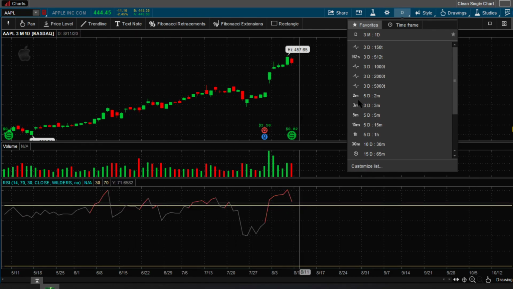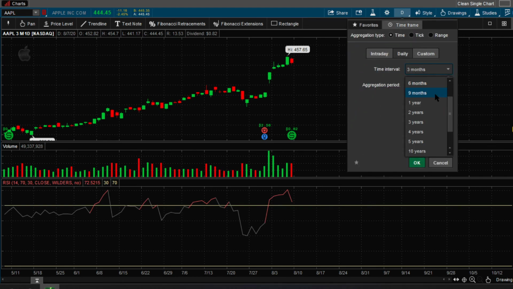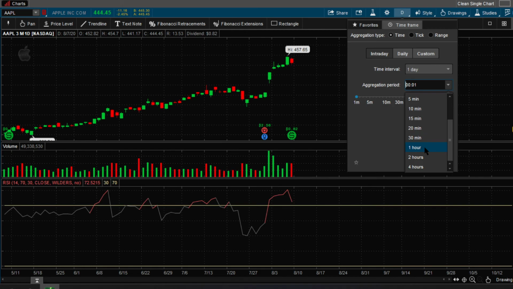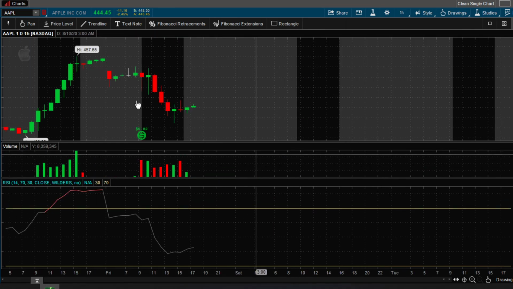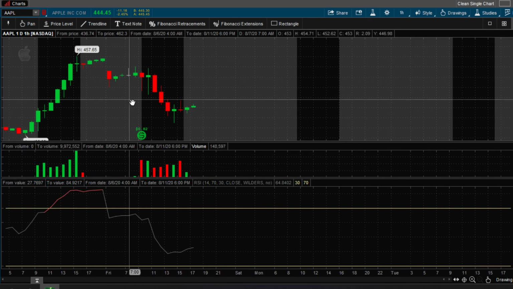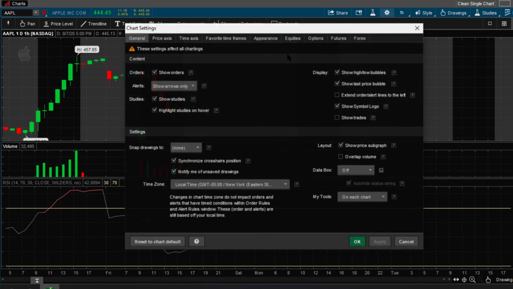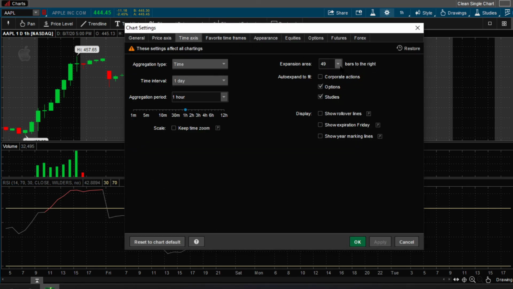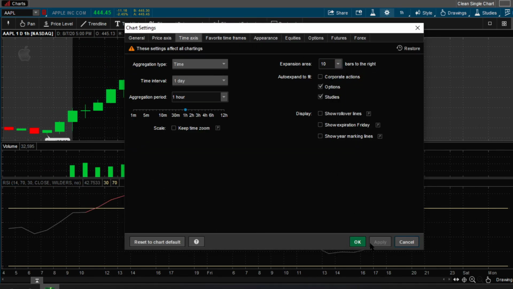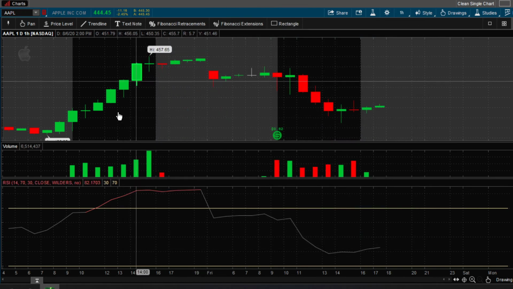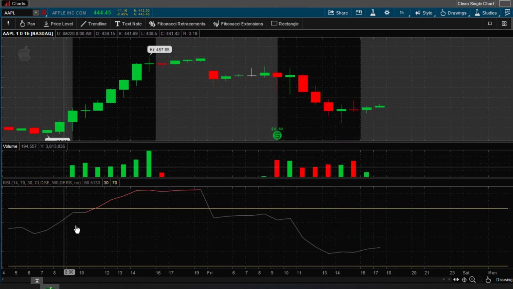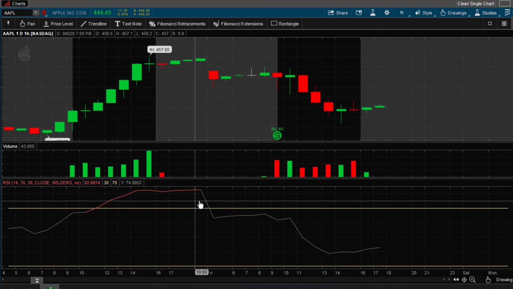We could do a daily. Let's do an intraday. We do 1 day, and let's see how the 1 hour chart looks on today's 1 day. So this is 1 day here. This is 1 day here. As you see, the RSI